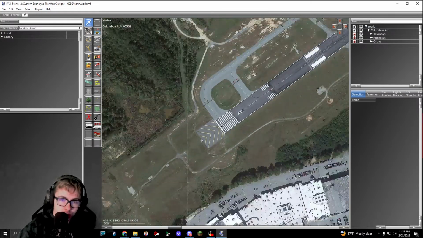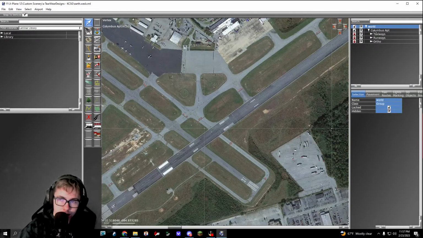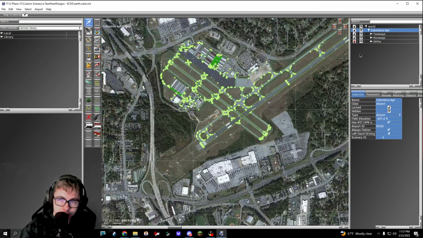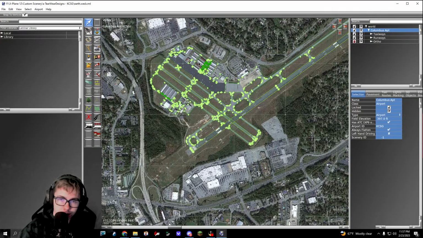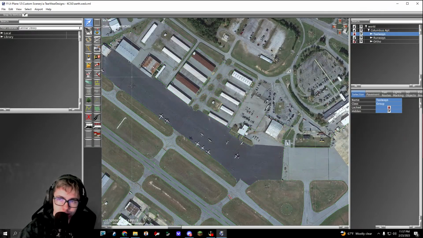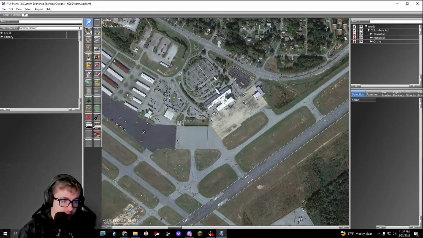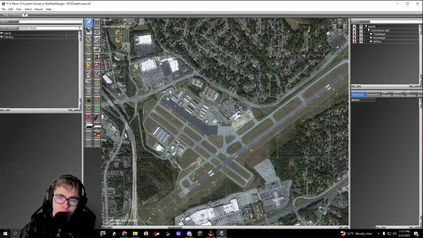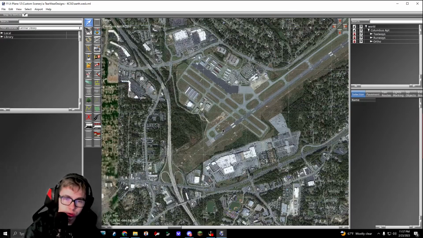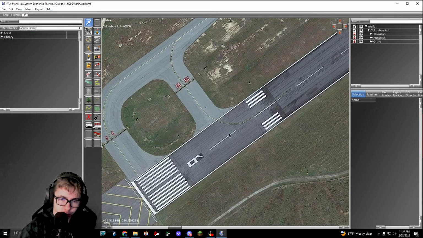All right, cool. So that is all good to rock and roll. As you can see, I got everything here. Everything's placed as far as taxiways. So now everything is prepared to start the ground. I'm going to walk everyone through just one runway, just so you can see how it is. So first,